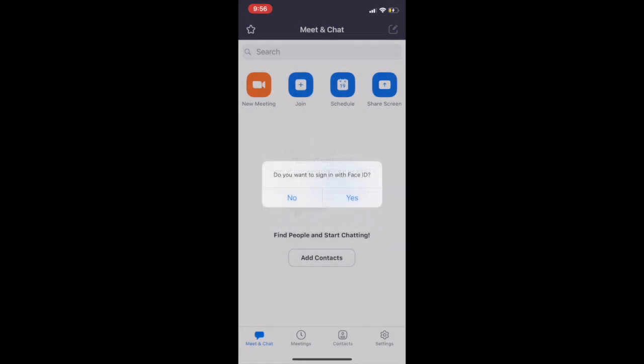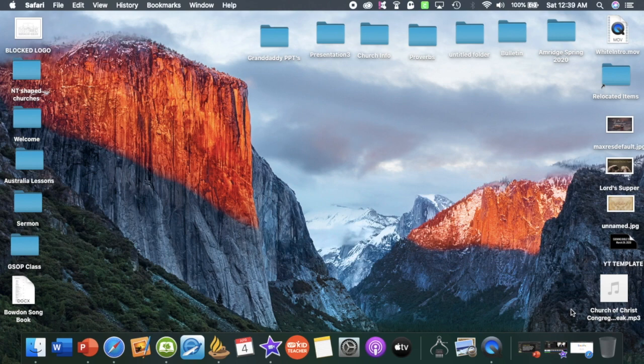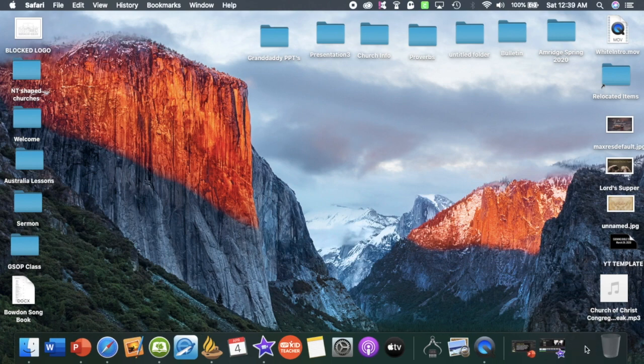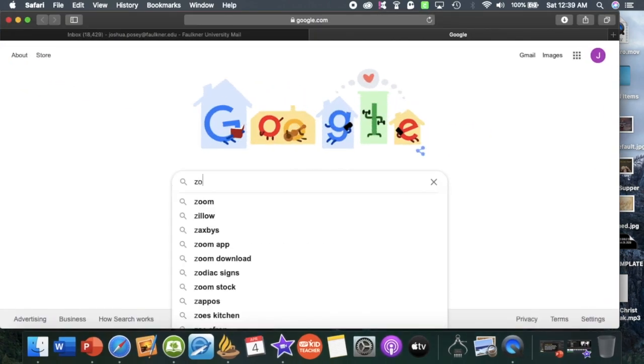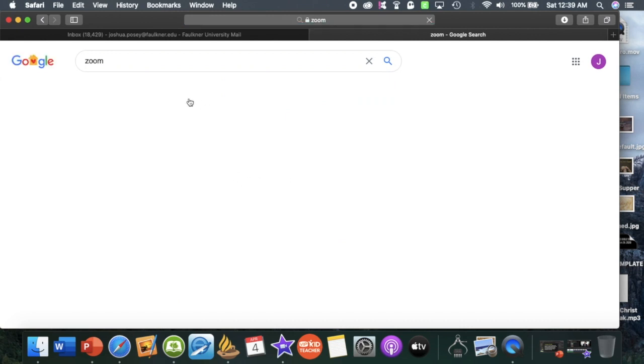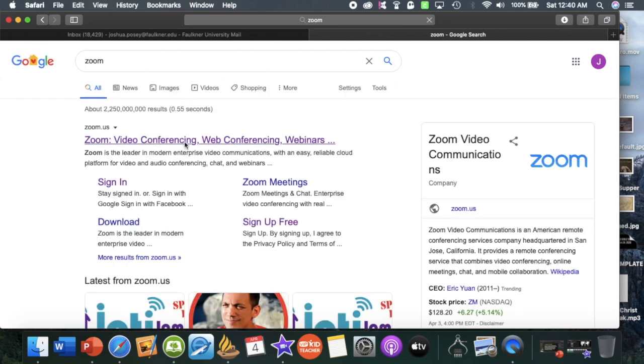Next, what we're going to do is we're going to see how to access Zoom through your desktop or your laptop. So let's pull up Google and just search Zoom, Z-O-O-M, and the first website that should pop up will be zoom.us, which is just a video conferencing, web conferencing interface that we're going to use for our Bible class. So once we've searched that, we're going to click on that Zoom